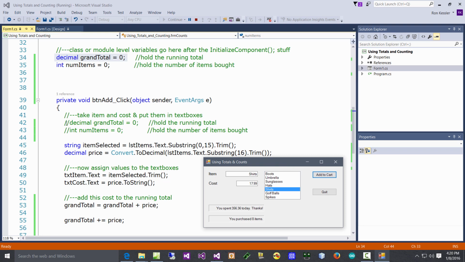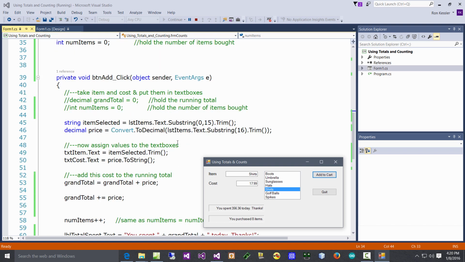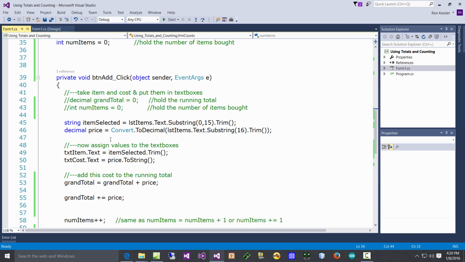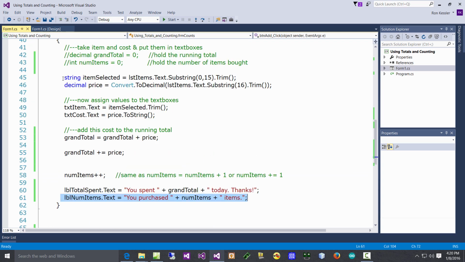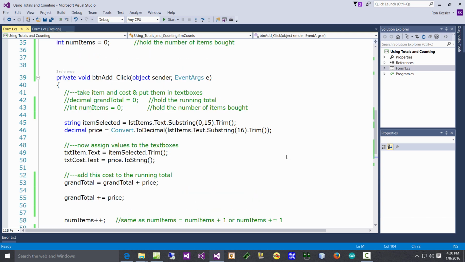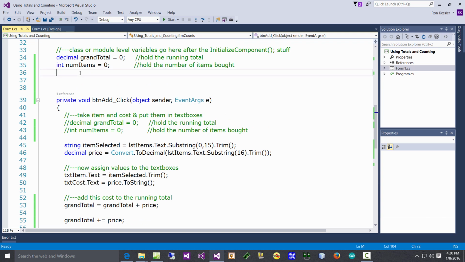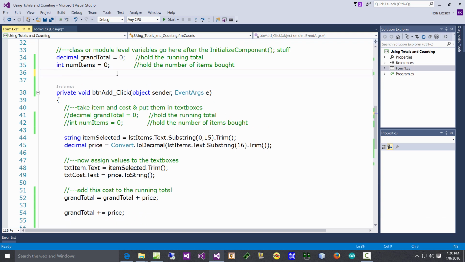Remember that when you create variables at the local level inside of a click event, these always get erased. All this stuff gets erased when the click event is done. What do I mean when the click event is done? I mean after it does all these lines and gets down here to the last line, with nothing else for it to do, then the computer, when it gets a chance, will erase all these things and remove any values inside your variables. It'll erase these and all these. Now I don't care about these because these aren't keeping track of a running total. See the difference? It's a little subtle, but you will find that it's an incredibly important skill to understand